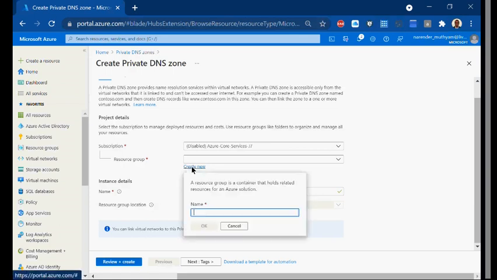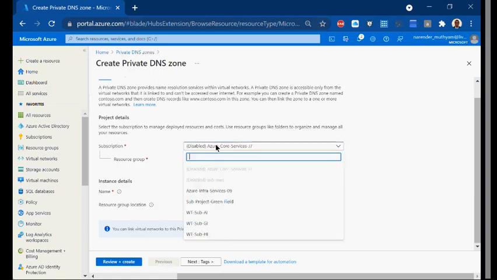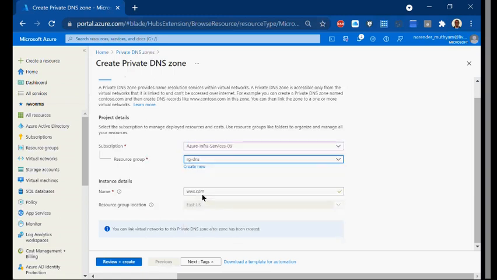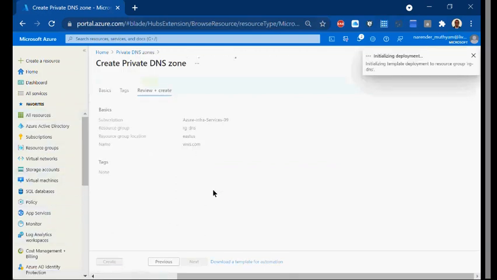Say review and create, and you can use it wherever you want. So I can say DNS and say review and create. Creation is easy, like any other resource, it's very easy. Create it. And once you create it, this is what is needed when I say private DNS, and this is important in Azure. So when I say that, this is again internal.